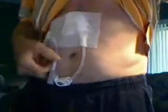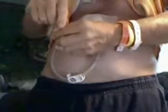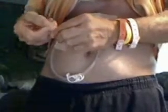The tube comes out of my stomach right here underneath my fingers there, and it's wrapped around in a circle underneath the dressing, and then the end of the tube is here, and there's a cap that pops open, and a funnel fits into there, and I could feed myself through a funnel, like drinks or Ensure or anything liquid,